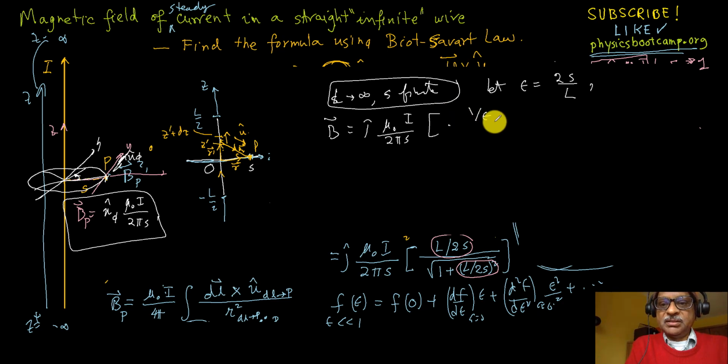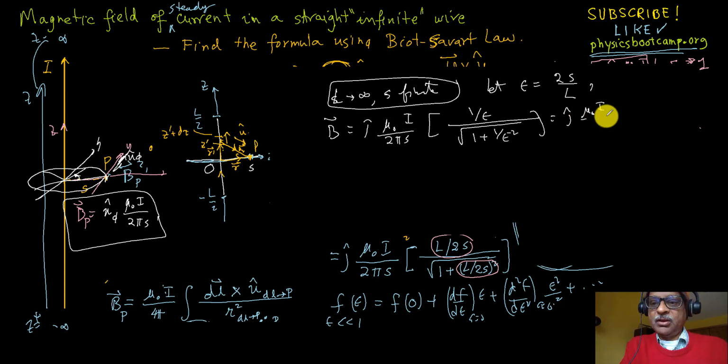over epsilon square root of 1 plus 1 over epsilon square. Let's pull the epsilon out, and so this is going to be j hat mu naught I over 2 pi s times 1 over the square root of 1 plus epsilon square. It's like that, right? The epsilon will cancel with that. So this is my